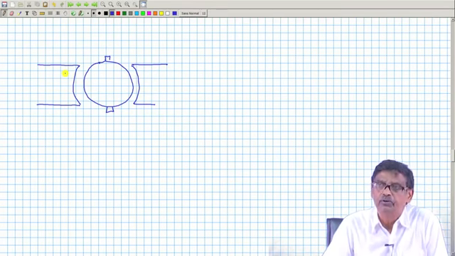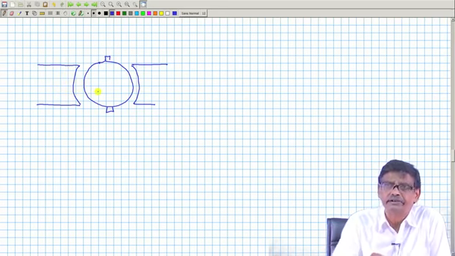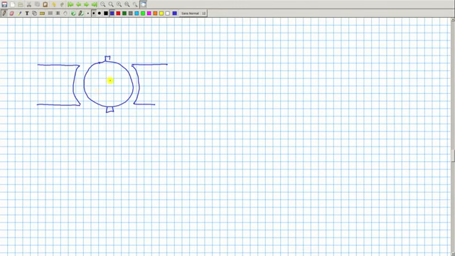So, effectively there is a net reduction in flux per pole. Suppose it is acting as a generator, therefore, the no-load voltage generated, P z by A phi into N,